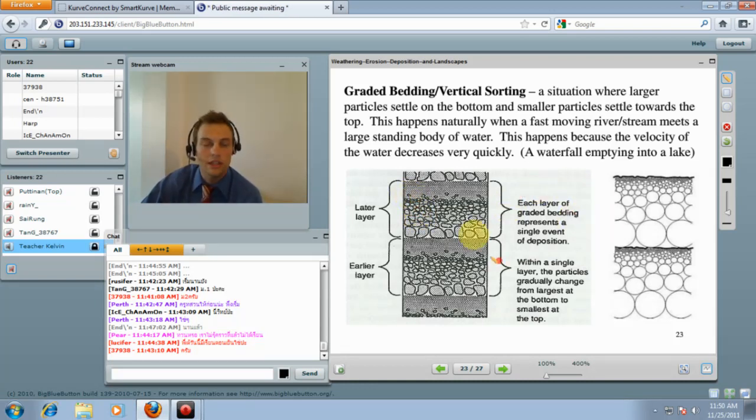So if you just take a chunk of the bottom of a lake where a waterfall is falling into it, this is what you'll find. You'll find a layer where the largest rocks are on the bottom, and the smallest rocks are on the top. And then after you get to the biggest rocks, it'll start over again, and you'll find little rocks and then big rocks, because sediment is always organized in these layers, and each layer kind of represents an